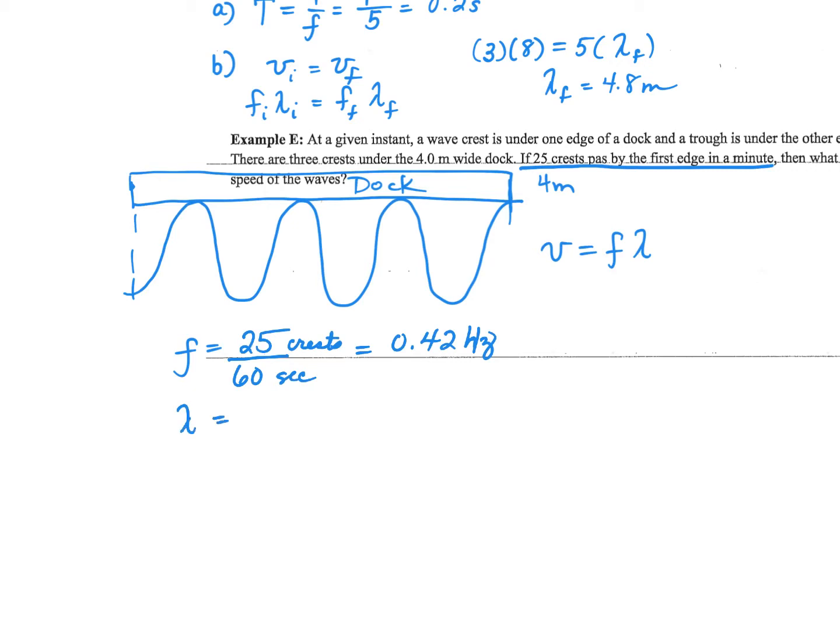Wavelength is going to be how long, wavelength goes from crest to crest, doesn't it? So from crest to crest. So we have 1, 2, 3 of those, don't we? And then another what? Half? Does that make sense? Because of the trough. Yeah, because it starts at a trough and ends at a crest, doesn't it? So we've got 3 full crests and then another half. So this is 3.5